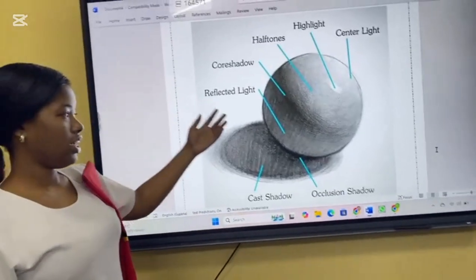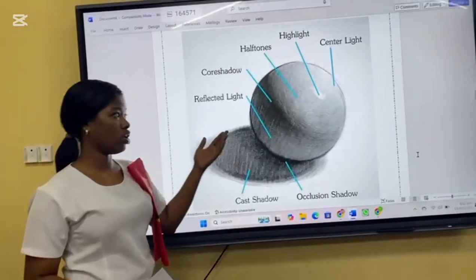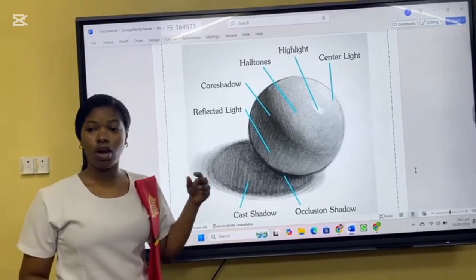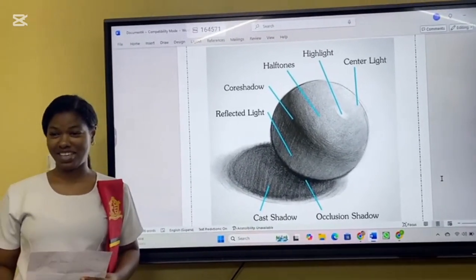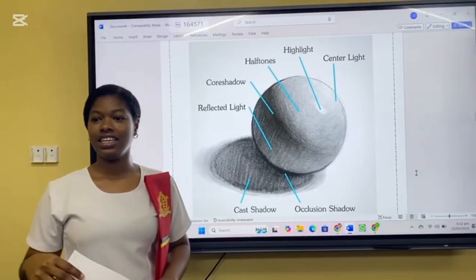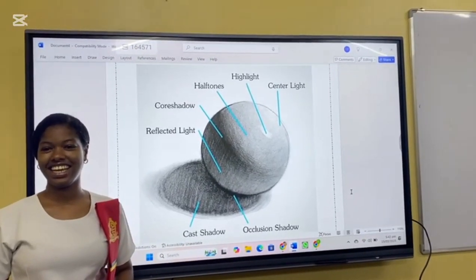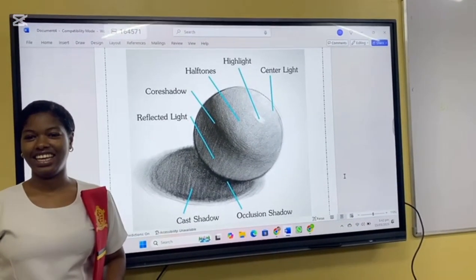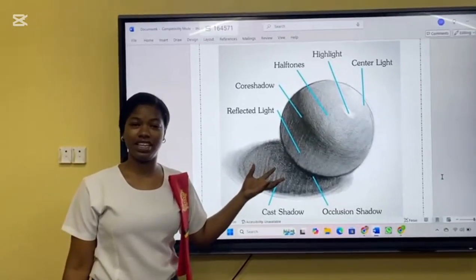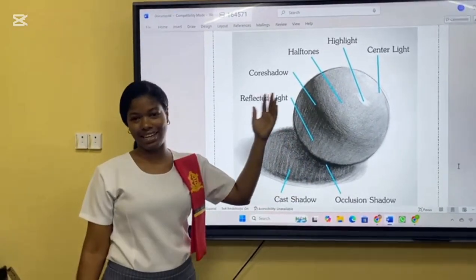Now, the shading is what brought out the form, right? It's called form because it's not flat, right? Does anybody know what form is? Can you raise your hands, please? Yes, Nathan. Miss, a form is like shapes and stuff. Yes, right? So form, in other words, means that the object is not flat, it has width, height, and length,